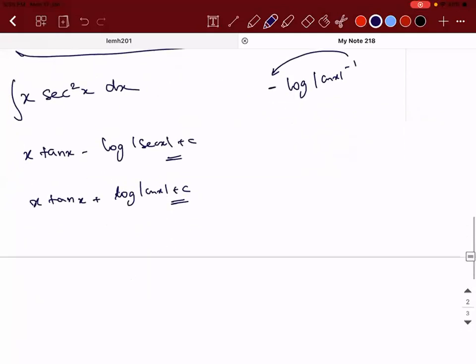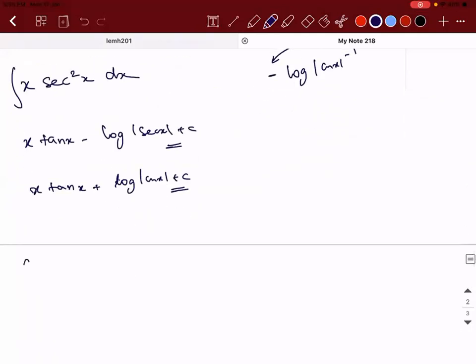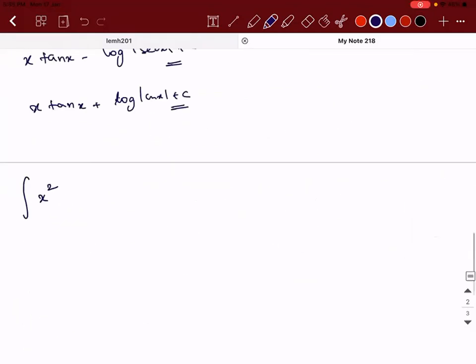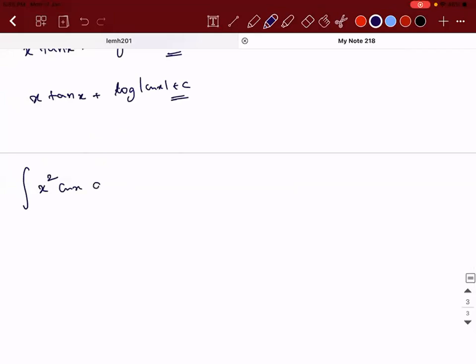Okay. Let's make it slightly tougher. x square. Hmm. One minute, let me think. x square. Okay. Instead of x, I'm making it x square. Do it fast. Simple one only. Do it fast, because there is something important I'm going to tell you.